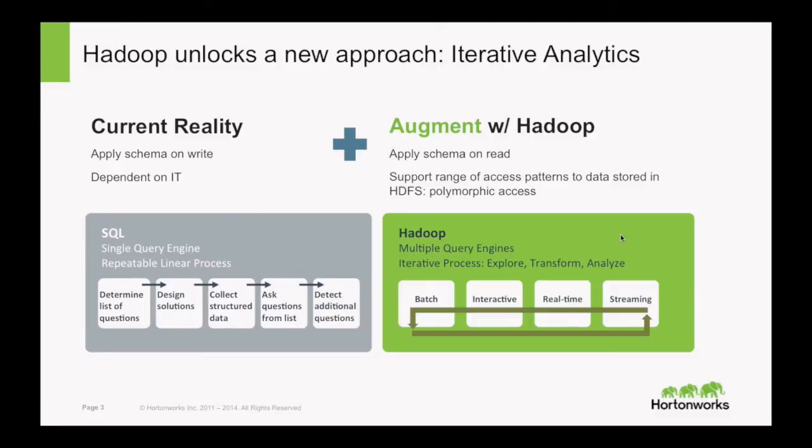And what I mean by that is, in the more structured database world, we have a database, and the process of determining or providing analytics is very structured. You have steps in the process, and you have to follow them one after the other. Whereas with Hadoop, we have this thing called schema on read. So the schema of the data is applied to the data when you read it and when you use it for analytics. You don't have to change the schema up front.